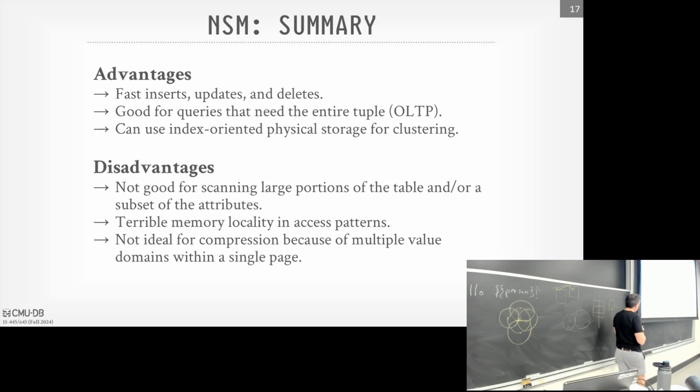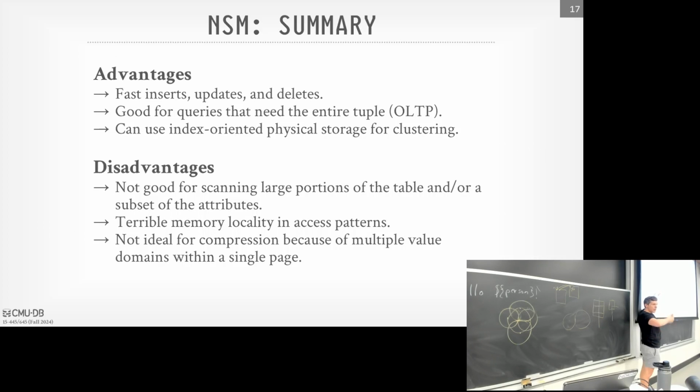But as I showed, it's going to be bad for scanning large portions of a table, especially when I only need a subset of the attributes. If I have to look at all the attributes for all the tuples, a column store will help for certain things, but at the end of the day, you have to read everything. But if most of the queries only touch a subset,